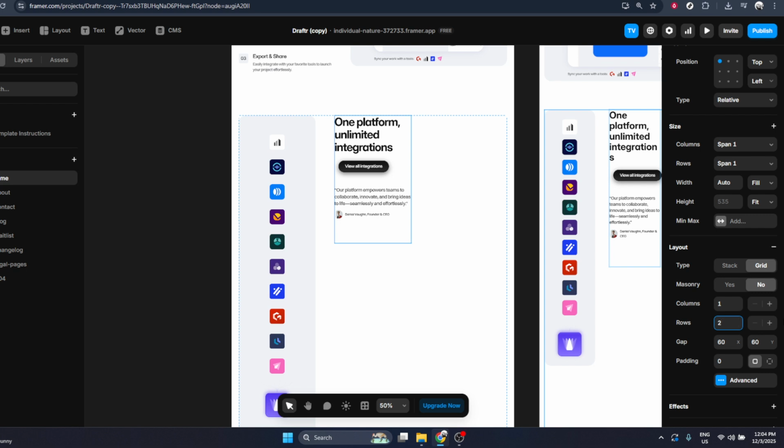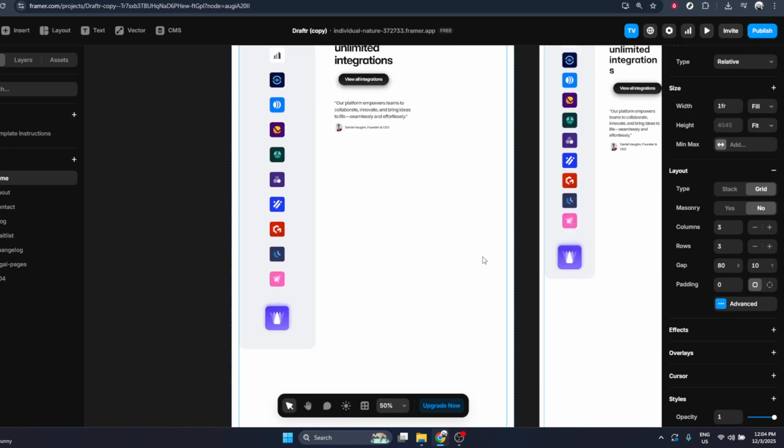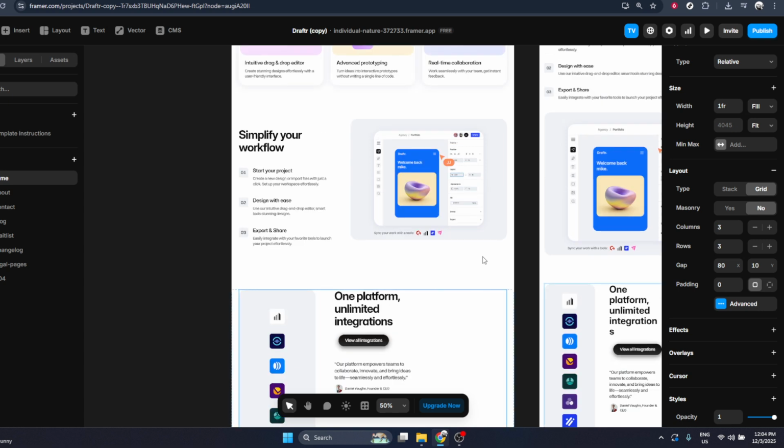Try experimenting with different column counts and gutter sizes to see what best fits your content. For example, a 12-column grid is very common for responsive web layouts, but you can choose anything that suits your project. Once you're